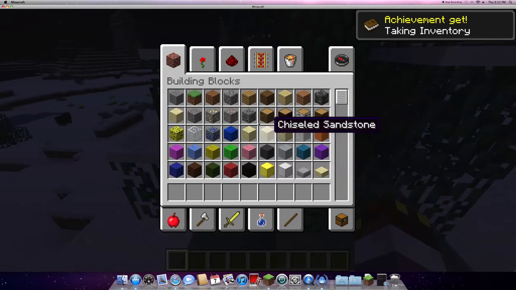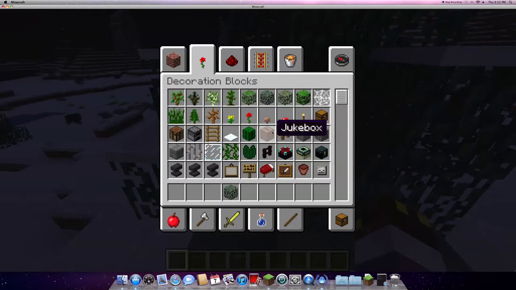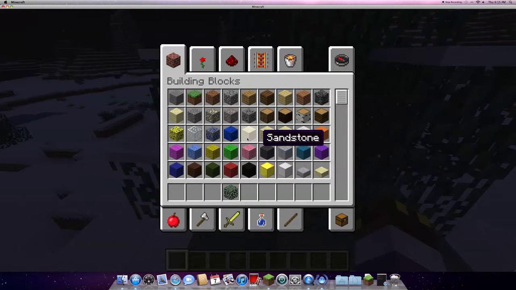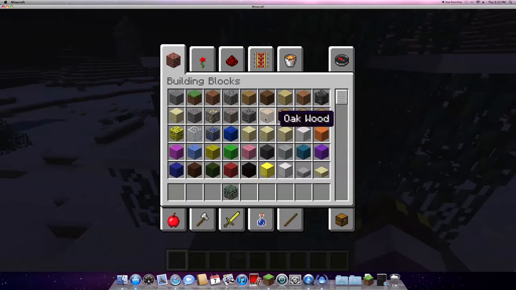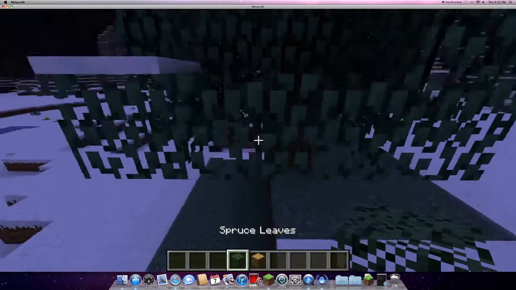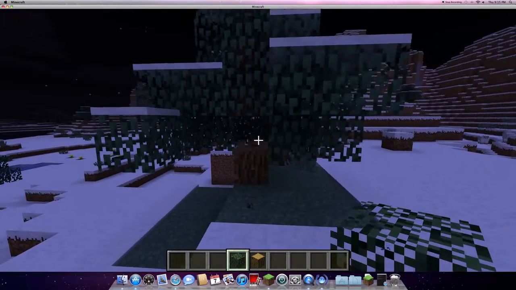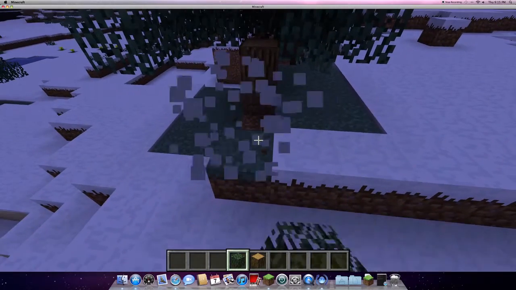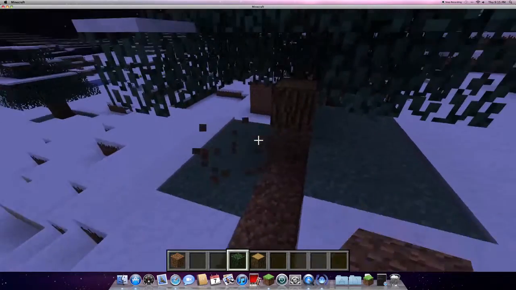Like if I got some leaves, for example, and just, let me do this. Whoops. Now if I just, whoops. Why is this doing this? Oh. Okay, sorry. Wrong